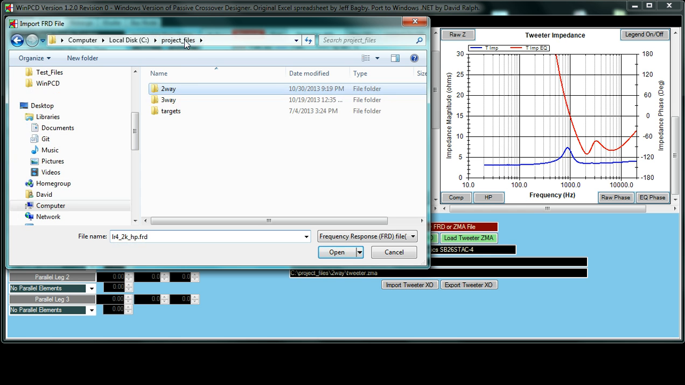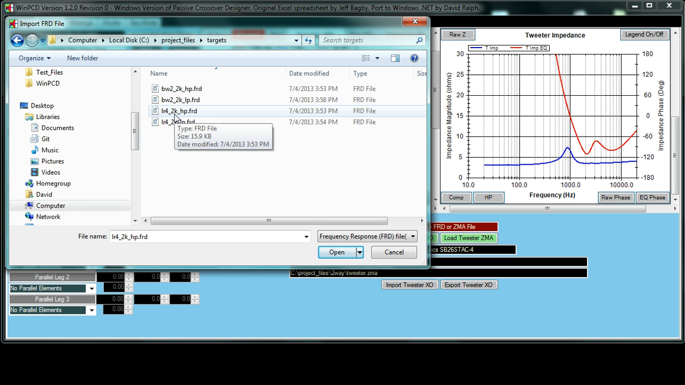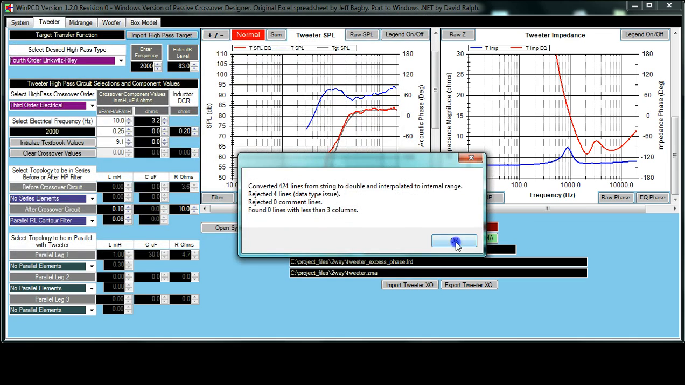You go to here, in a case that I have of targets set up. Now in this case it's the same thing. I just did this as an example. So if you come in and look at the LR4 2K high pass FRD, double click on that, it reads in the file,